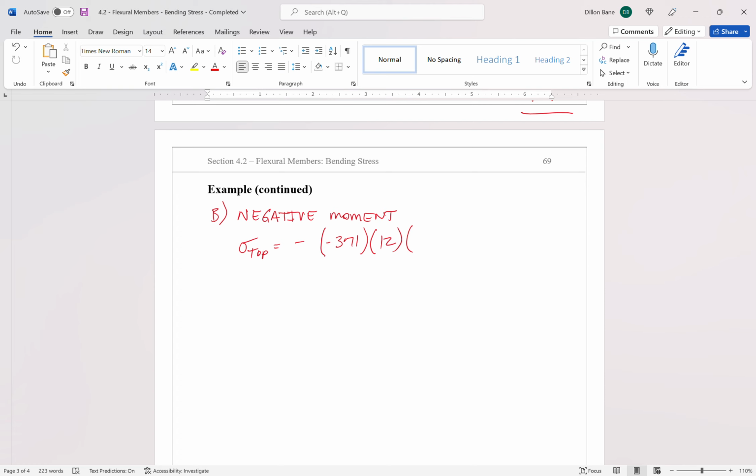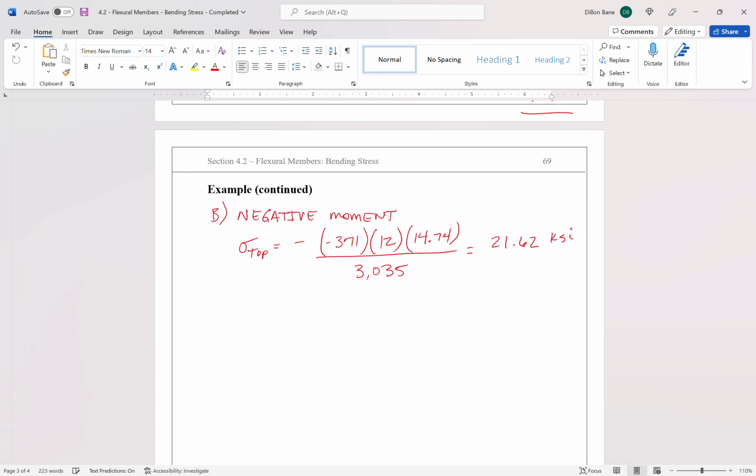So from the neutral axis to the top was that 14.74 inches. And again, we divide by the inertia, which was 3,035. So all of this comes out in kips and inches, so it's KSI, and it's going to be a positive value, right? And it comes out to be 21.62